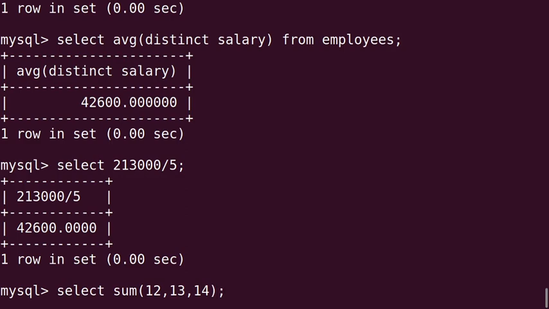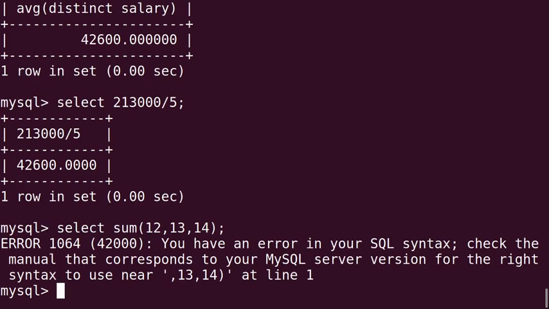No, because the sum function is an aggregate function. It takes a single value, a single expression. Here we have to use the plus operator. If you want to do a 3 number sum, you have to do it like this: 12 plus 13 plus 14.